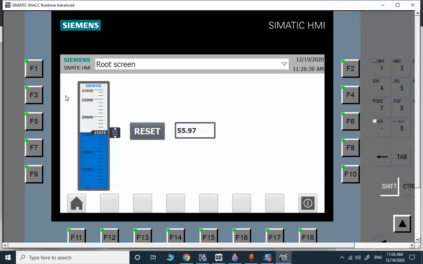Our new topic related to safety analog input processing is finished. We used a slider and an I/O field to demonstrate these tasks, and I hope you find something new in